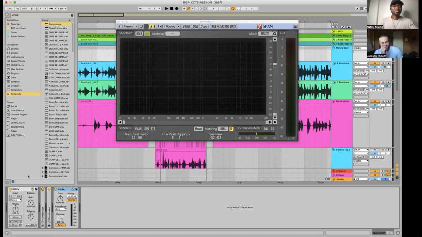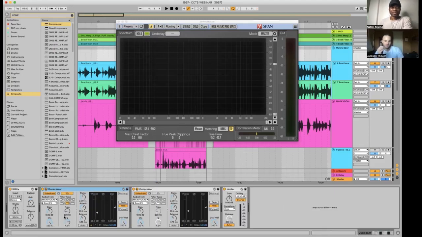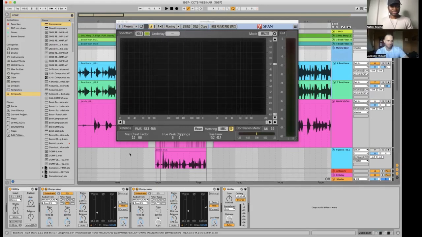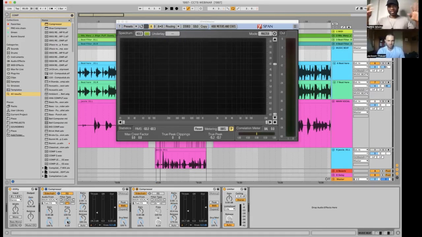So wait, I noticed when you were doing the side chain for the vocal, for the 100, you used the bell instead of a low shelf. Yeah, the reason for that is to control the Q. Let me play you while I was playing around with the Q so you can hear. You notice that with the Q widened, you don't hear that 100 anymore. You start to hear other stuff around 100.